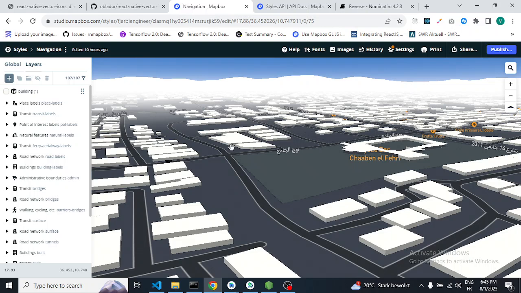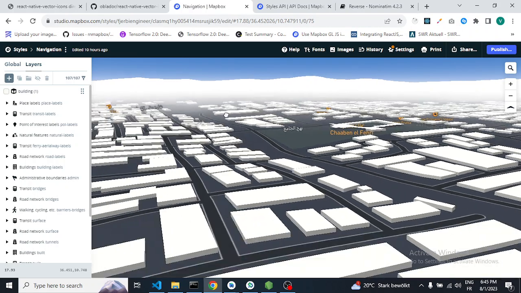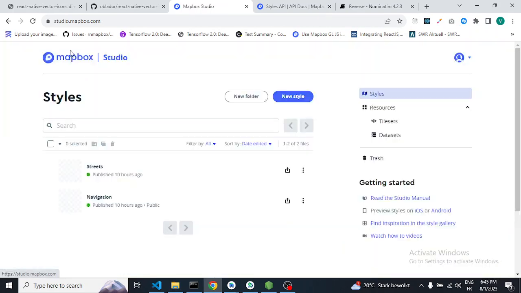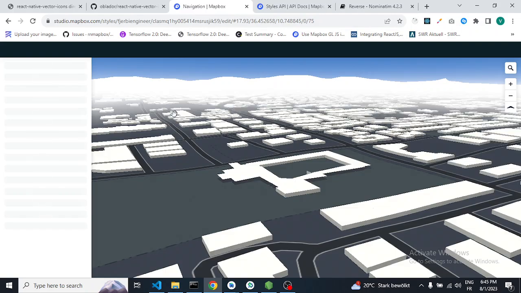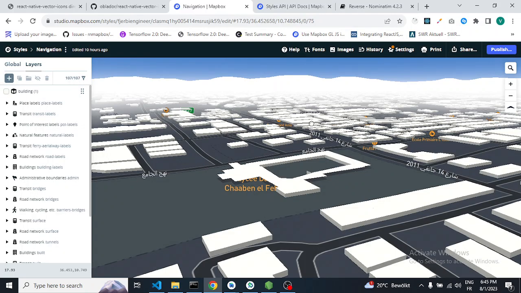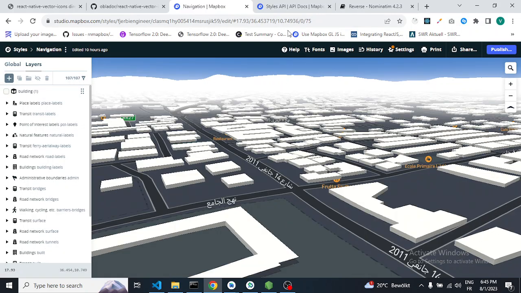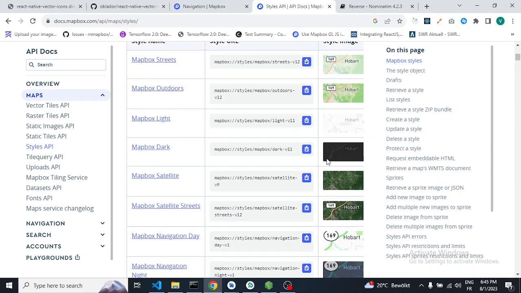We saw yesterday how we can implement a 3D map using Mapbox in our React Native project. We saw how we can customize and create our own maps. So this map is the one I created. You can create your own using Mapbox Studio, which is something very great that Mapbox affords. So you can have your customized map. You can change the buildings, colors, the routes, anything you want. We saw the normal styles, the ordinary ones,